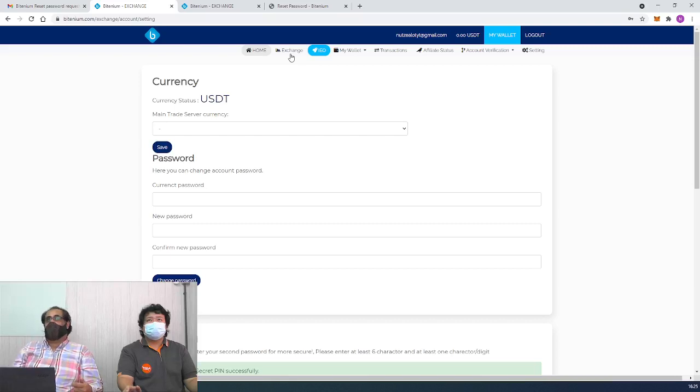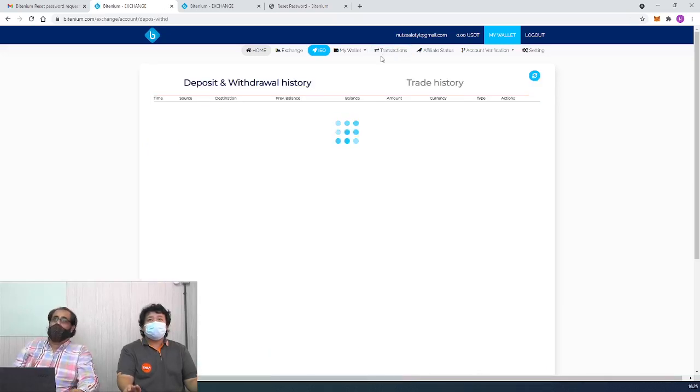The wallet is where you keep all the funds and check the funds portfolio. Transactions: you will see trade history, deposit and withdrawal history like other exchanges, no difference. Once you have deposited, the transaction will come, showing how much you deposited, how much you withdrew, when you activated trade history, and all those. So in this function, you are seeing all that.